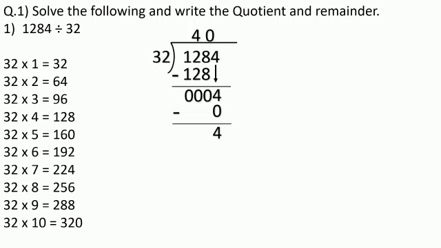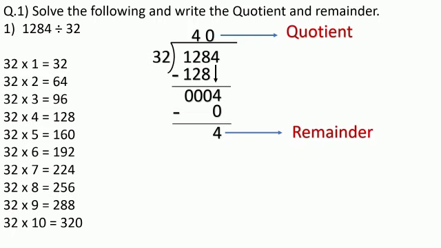Is there any other number to come down? और कोई नंबर है 4 के बाजू में जो नीचे आने वाला है? नहीं. पूरा 1284 का हम लोगों ने क्या किया? डिवीजन सॉल्व किया. ठीक है. Now let us see what is the quotient. Quotient is the number 40 जो ऊपर रहता है. The number which is above the dividend, that is what? Quotient, and the remainder is the